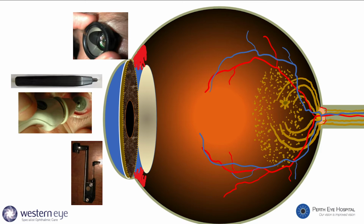This one's called a toner pen, and they're useful for just checking that your pressures are not super high, but they are not as accurate as the bottom one, which is the gold standard in measuring intraocular pressure. It's a Goldman applanation tonometer, and that's why your eye specialists put yellow drops into the eye. It's a contact lens. When it makes contact with the cornea, we can move a little dial to determine what